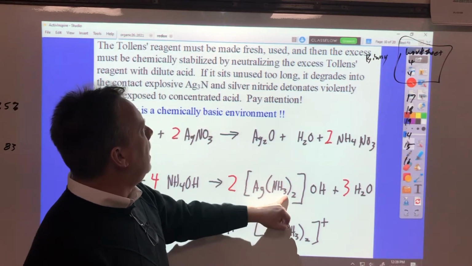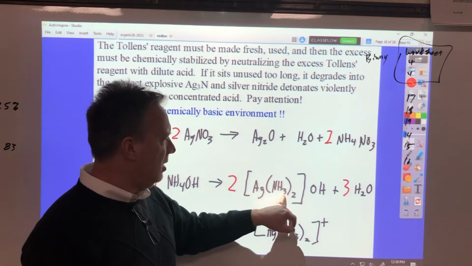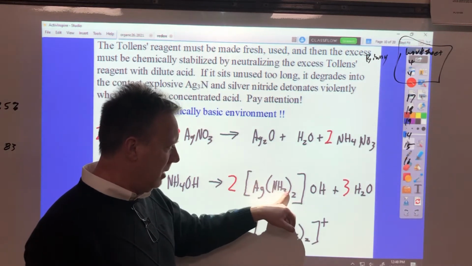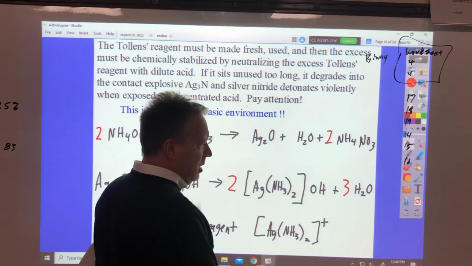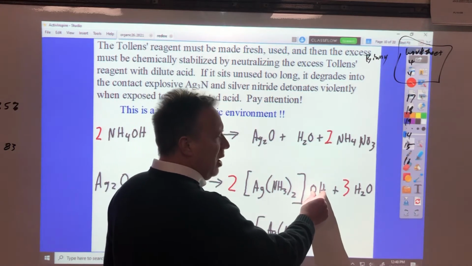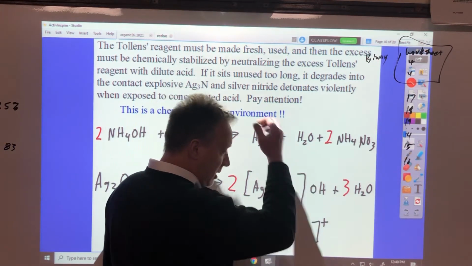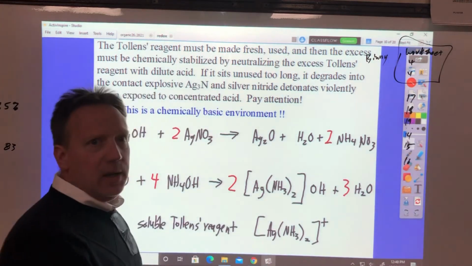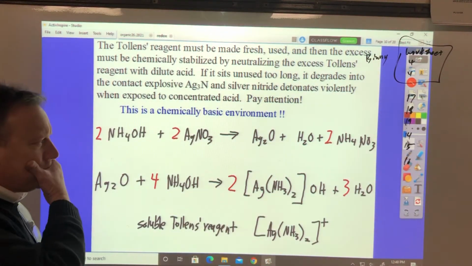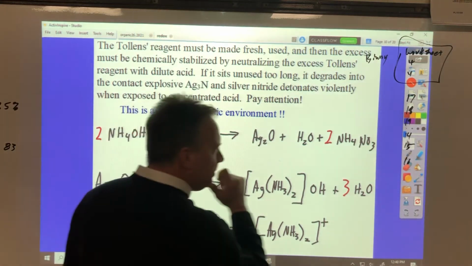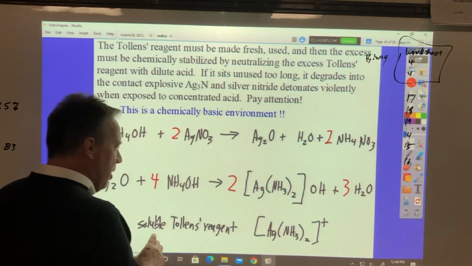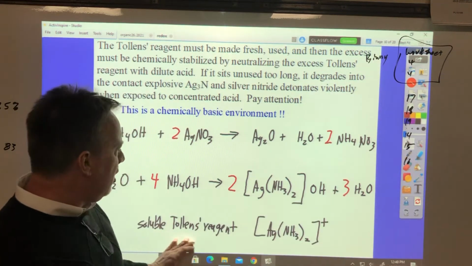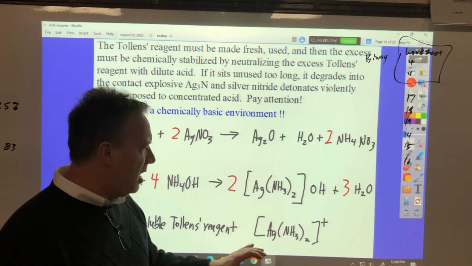the Tollens reagent, the silveramine, or silveramide ion. Now I've got an OH stuck on there, so if you take that OH off, you have a positive ion. That's a diamine. And water. Okay, so if that OH comes off, you have the soluble Tollens reagent,